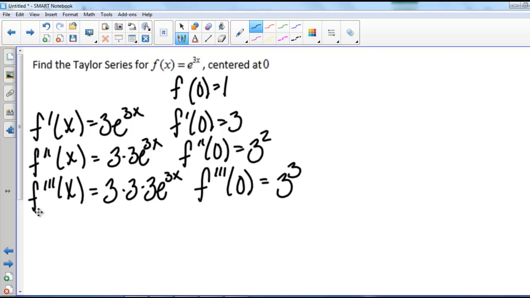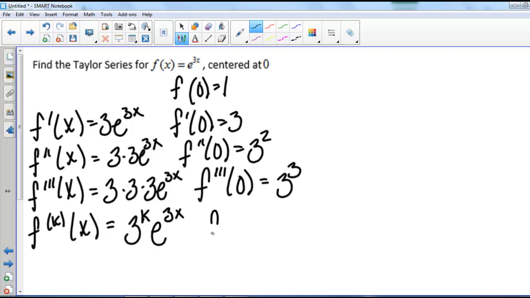So what we're finding is that the kth derivative of f is 3 to the k times e to the 3x, and the kth derivative at 0 is 3 to the k